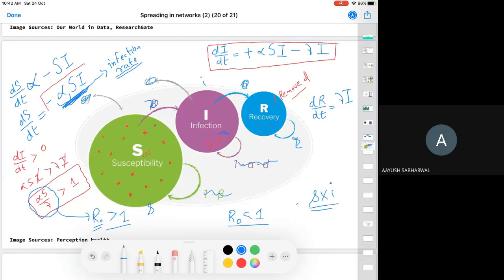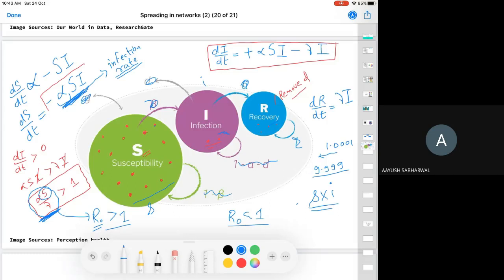If you look at this, there is a very thin line between the spreading of a disease and curbing it. So let's say your reproductive number is 1.0001. If you can push it slightly down and make it 0.9999, somehow you can actually stop the spreading of a disease. And how can you push this number down? To push this number down, I need to reduce this. So to reduce this, you can reduce the value of S here. How can you reduce S? By reducing the number of susceptible people, and we do that with the help of quarantine.